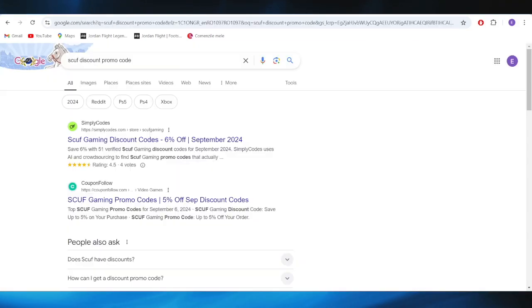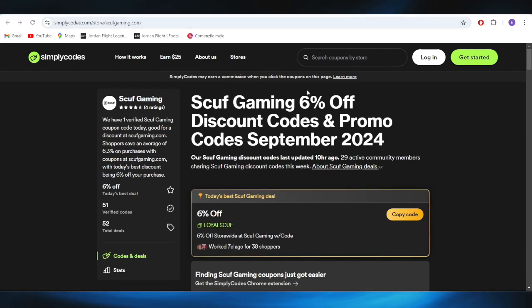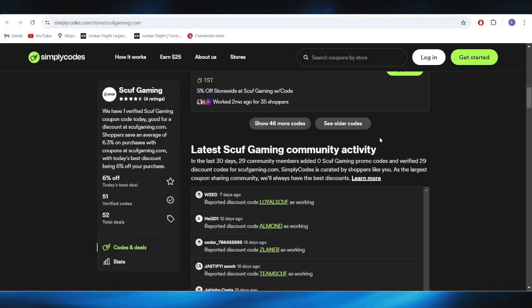First of all, open your web browser and search for Scuf discount promo code. Right here, go to this website which is called simplycodes.com and open it. As you can see right here, we have at least three different types of promo codes that we can use